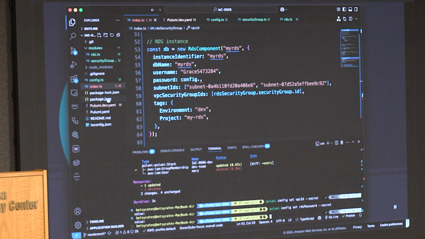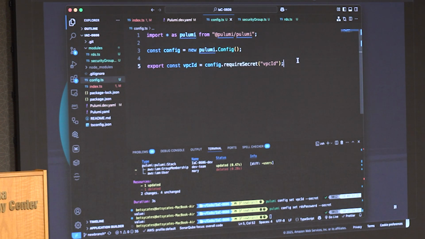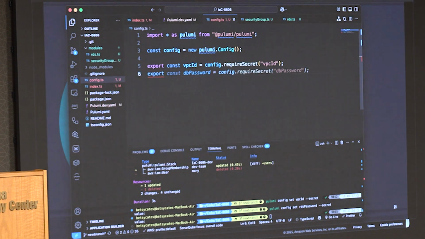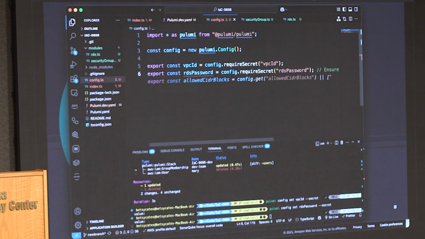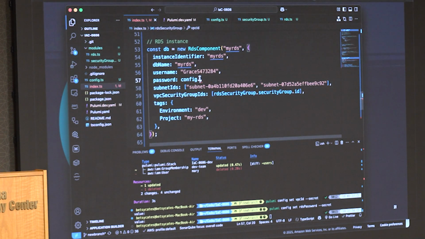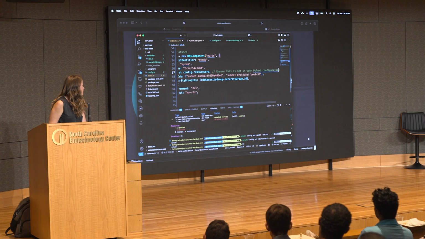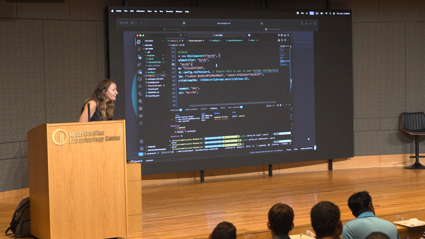And then if I come back over here, you can see that it's added in the new one. But you still have to come over to your config file and add it in. Great. There we go. And then we come back over to the index file and type in password. Great. So yes, you can add multiples in there. And that RDS password is pretty much calling what you put in there.